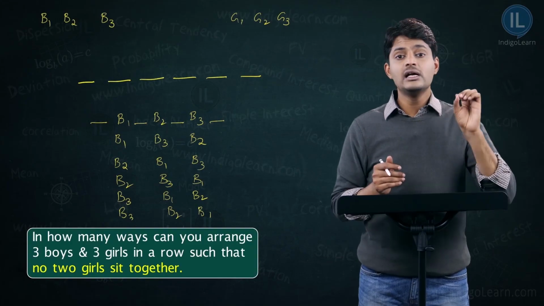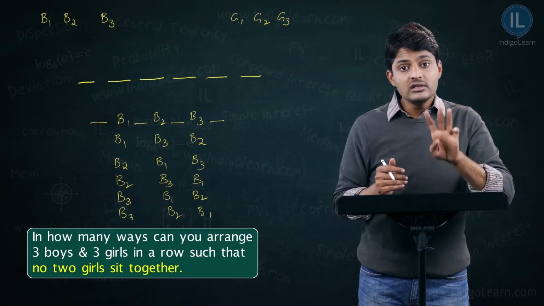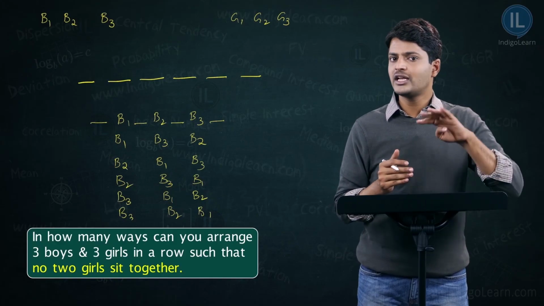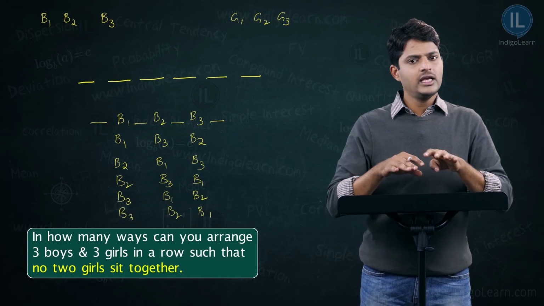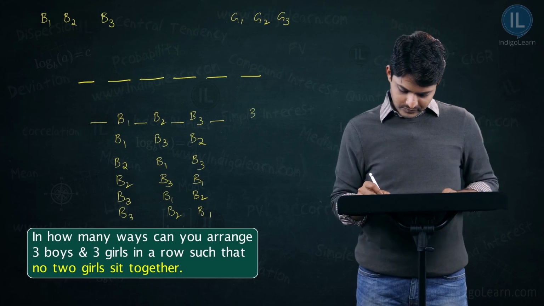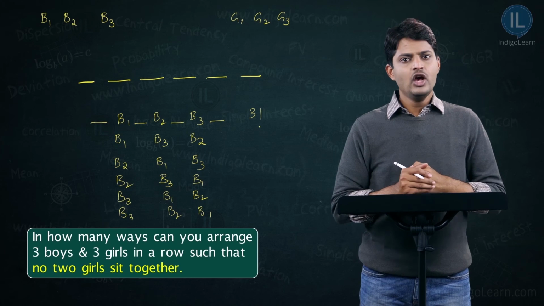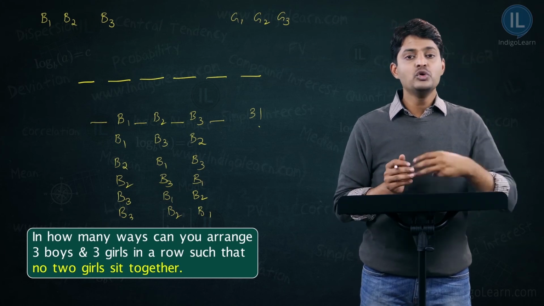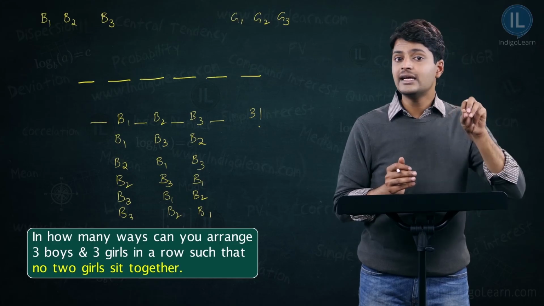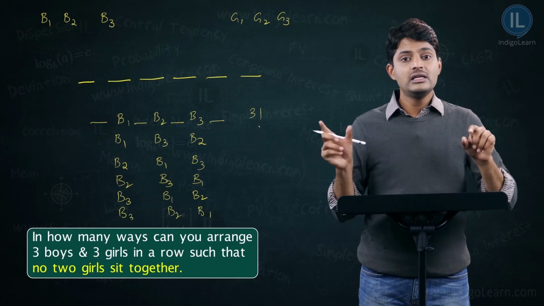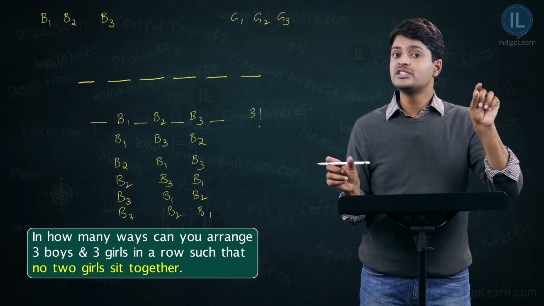So to arrange girls, guys, now you have not 3 but 4 positions, because we are not specifying there are only 6 chairs, we are just saying in a row. After arranging 3 boys, which can be done in 3 factorial ways, you have 4 positions available for girls, and 3 girls to be seated in those 4 positions. So the number of ways in which 3 girls can be seated in 4 positions is